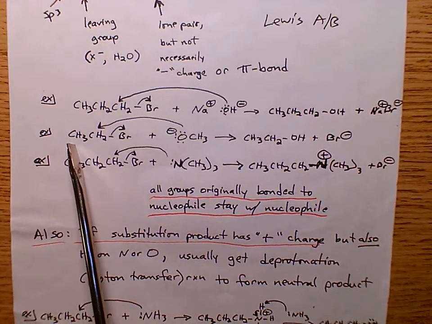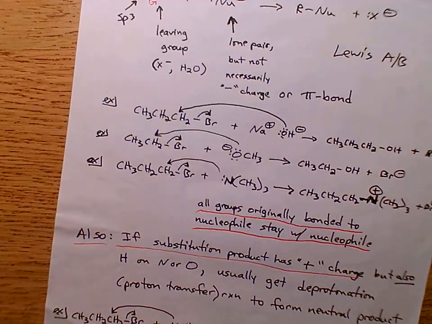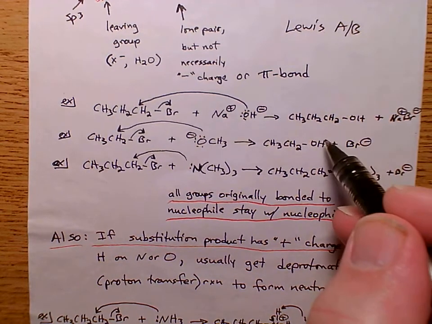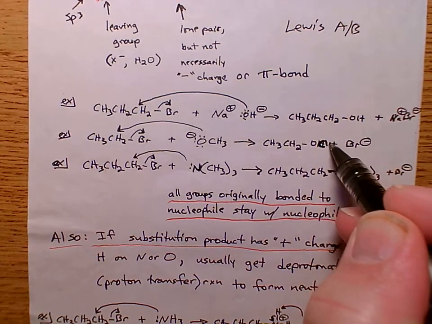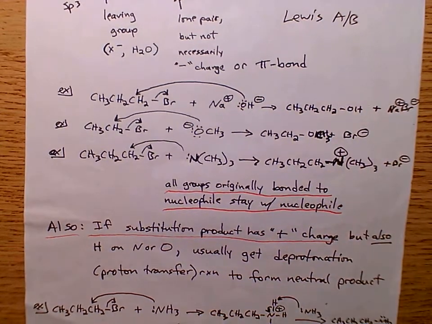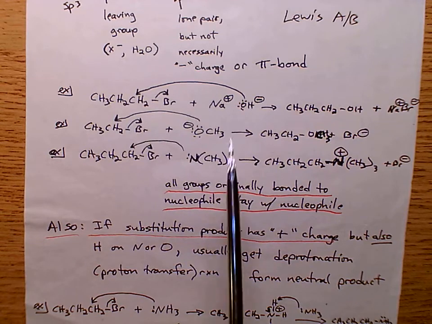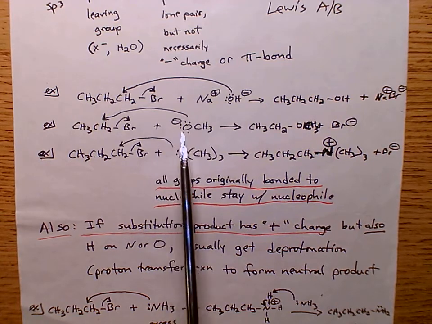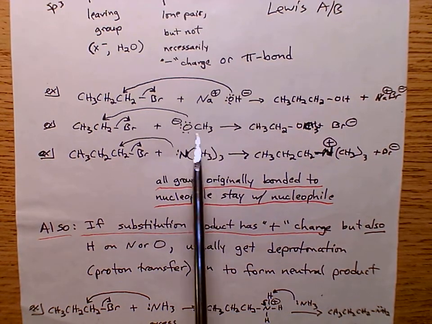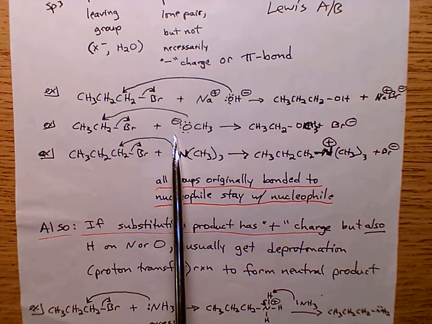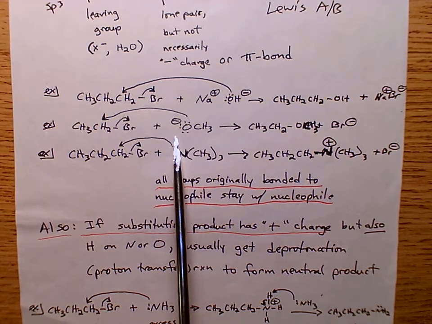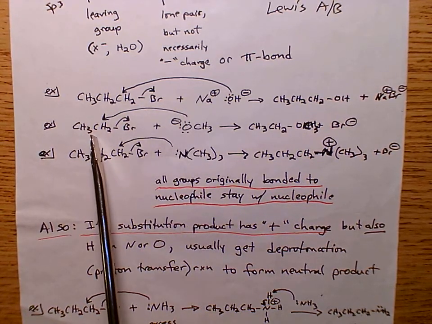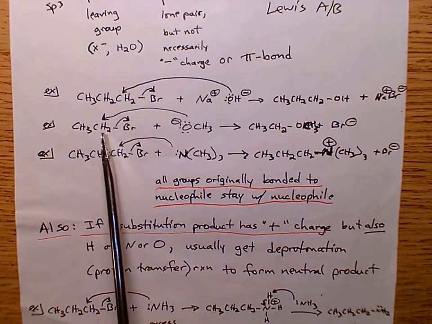Let's see right here. What if we had CH3CH2Br and we reacted it with OCH3 minus? What we would get is the oxygen of this OCH3 minus. Note, HOCH3 is an alcohol, methanol. The conjugate base of an alcohol is an alkoxide, so this would be methoxide. So this methoxide is the nucleophile, attacks the carbon that has the bromine attached to it because this carbon is